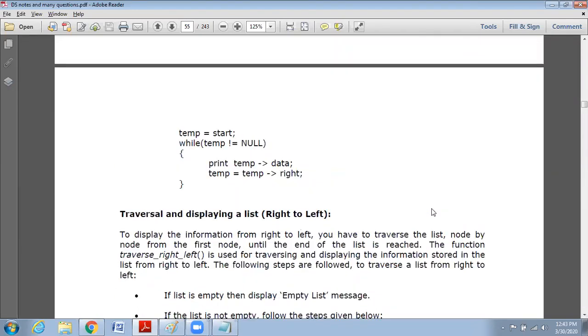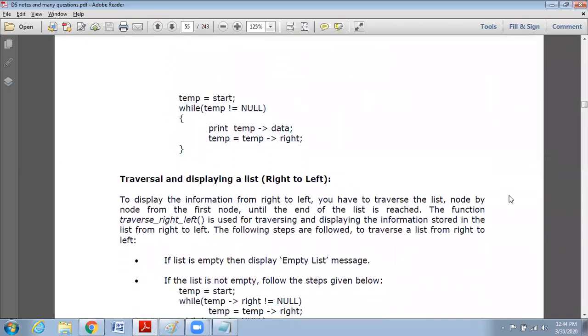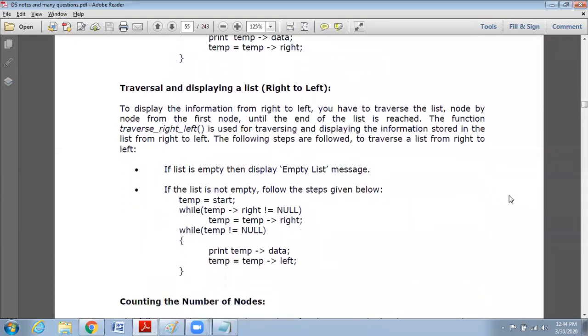Traversal: I told you we can do 2-directional traversal. You can traverse left to right as usual, just printing and changing the temp. Also, you can traverse right to left. For that, first you have to reach the end, and from the end, which pointer do you access to move right to left?